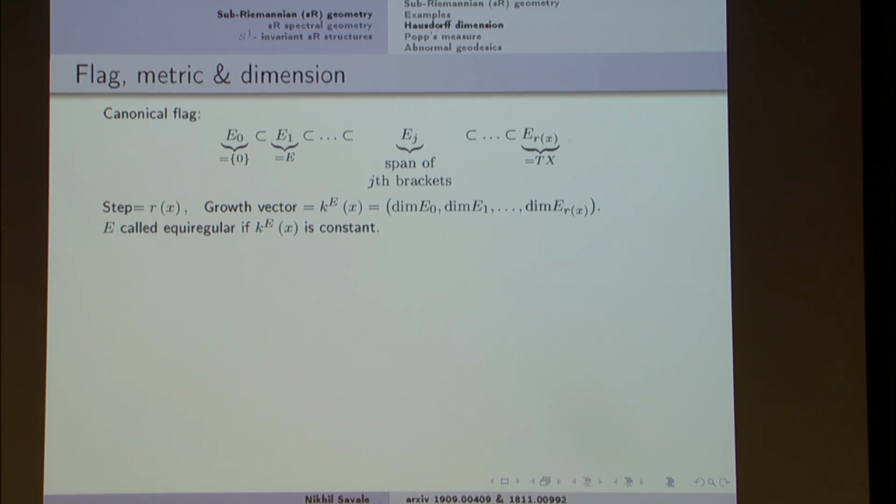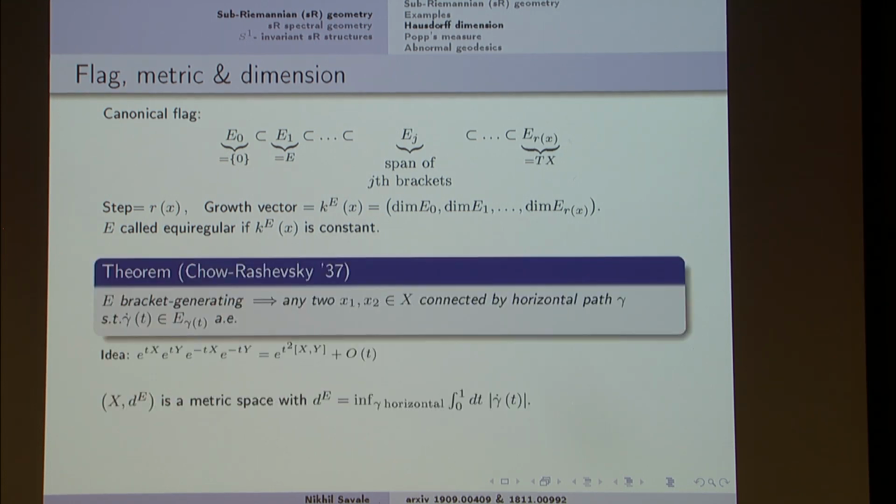Okay, so that's just the definition. Now, what is the significance? Now, we explain the significance of the bracket generating condition. This comes in through an old theorem of Chow and Rashevsky. So what this theorem is saying is that if you have a bracket generating distribution, we can connect any 2